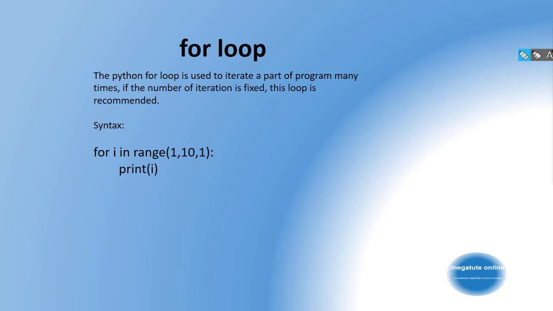Okay, let's see the syntax over here. We have a for loop. All right, so the syntax is for i in range, where i is a loop variable. In range, this is the command, and in the bracket we specify three statements. Now out of these three statements, the first one is the initializer. That means this value is the value from where the loop variable starts. For example, here the loop variable is i, so the first value of i is going to be